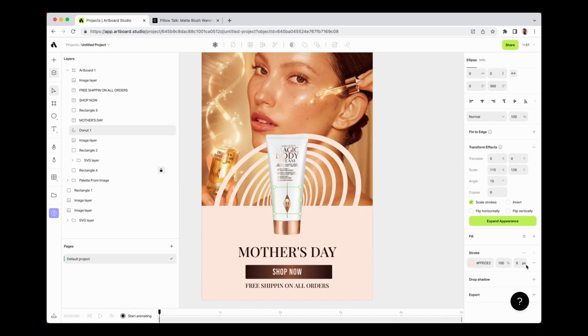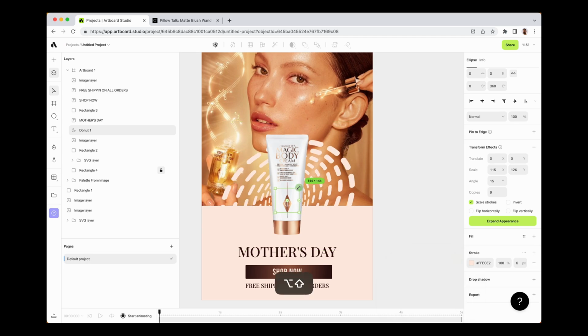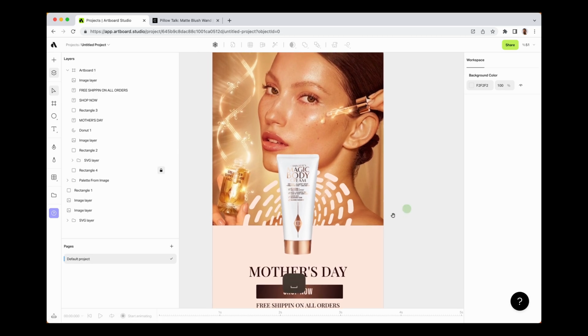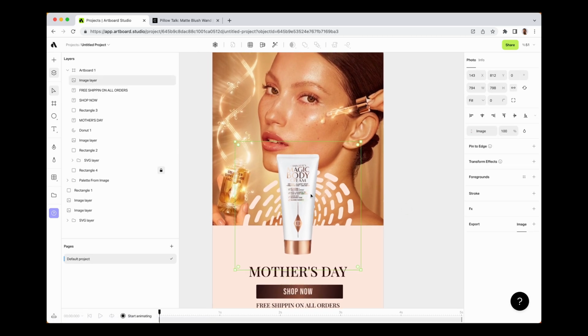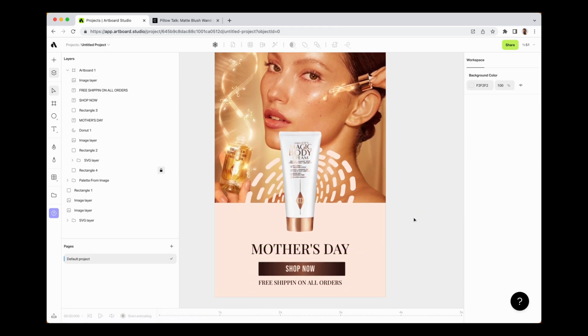So I'm just choosing the stroke option, going to stroke options, and I'm just adding some dash size. And as you see, it started to give me some cool dash. And also adding the round. So far away. Cool. Just scaling down. I'm just trying to create a kind of effect that shows the product more than the background for the same time. So trying to create a